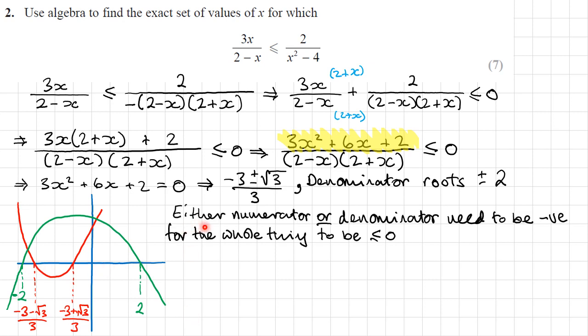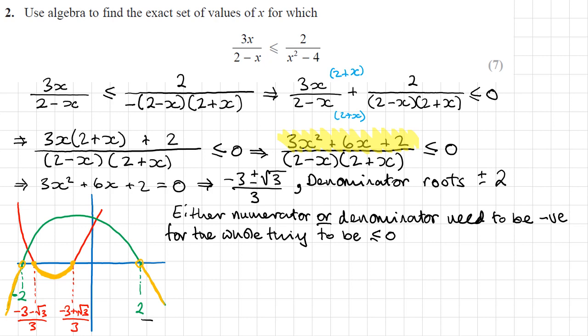Now, either the numerator or the denominator needs to be negative for this whole expression to be negative, and therefore for the original inequality to be true, but not both. So they can't both be negative, or both be positive. So when I look at this sketch here, I'm looking for places where either the numerator, the red graph, is negative, or the green graph is negative. So what I've done, I've highlighted those bits in orange. So basically when